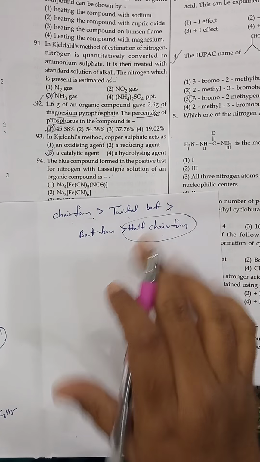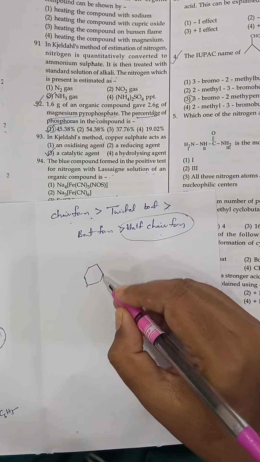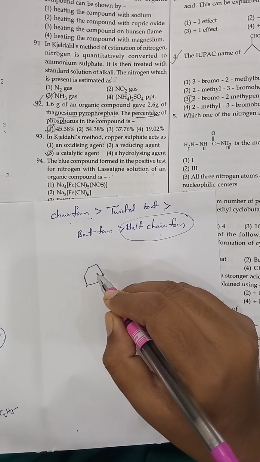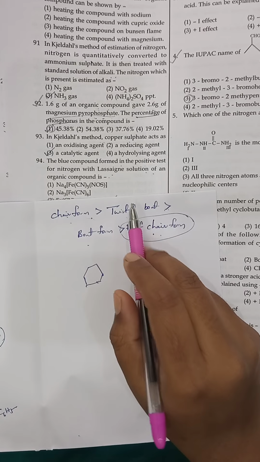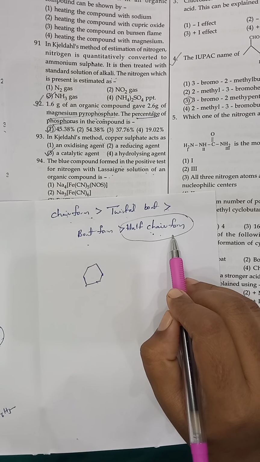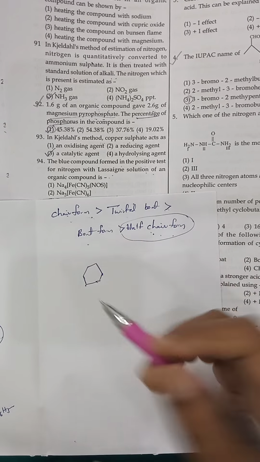Okay, that is enough. So here, totally, this is called cyclohexane. This is not benzene. Why is it not benzene? There is no double bond, so it is just cyclohexane. It can show these 4 types of conformations. It is a type of isomers. Among all these types of isomers, this half chair form is least stable and chair form is more stable. So the answer is the second one.